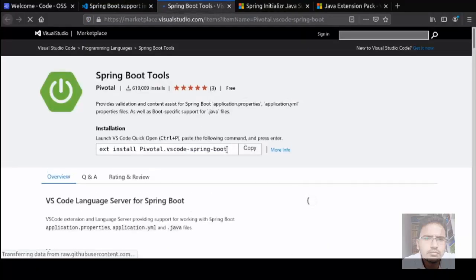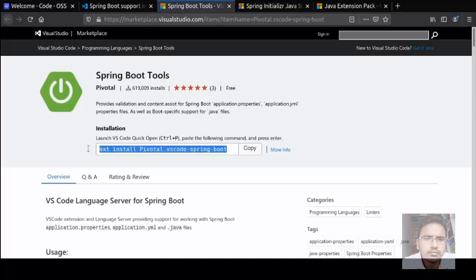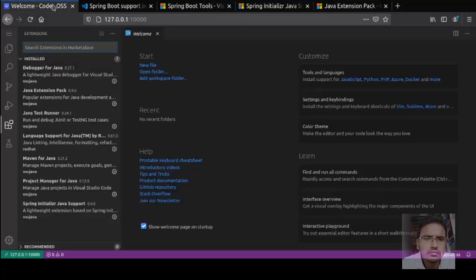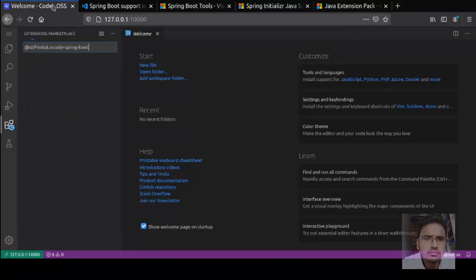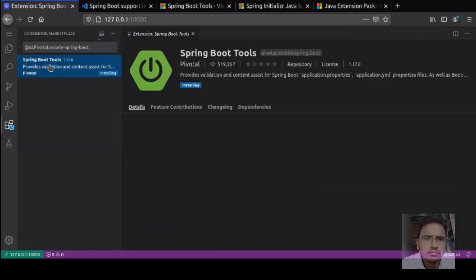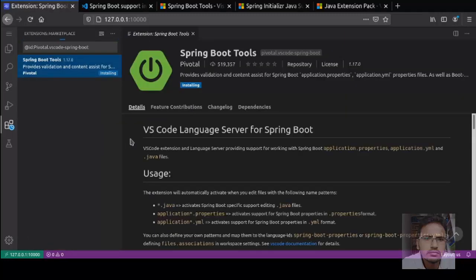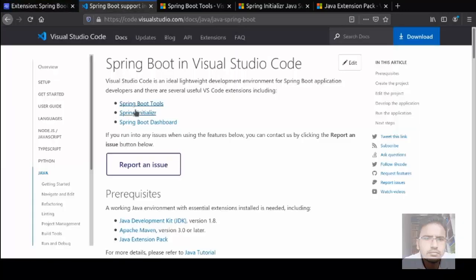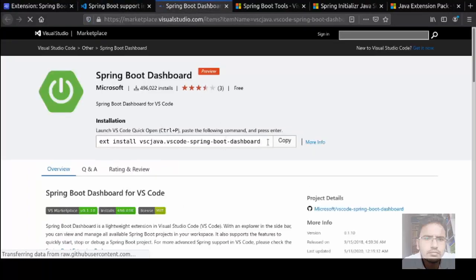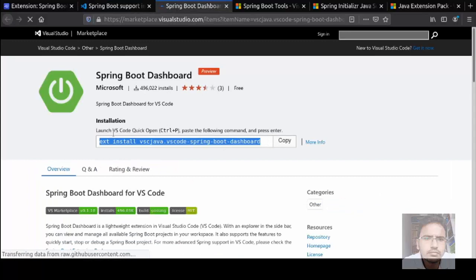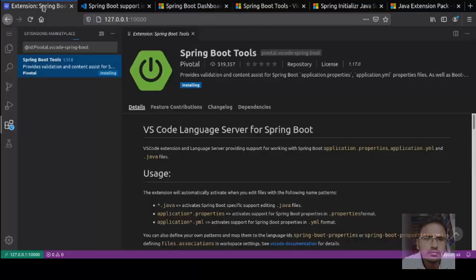Open Spring Boot Tools, copy it, paste it here in the command palette. After the installation is complete, reload. Now we will install Spring Boot Dashboard, so that we can run our Spring application in Visual Studio Code.